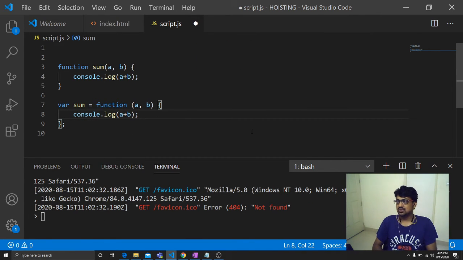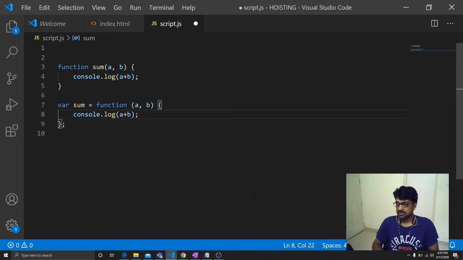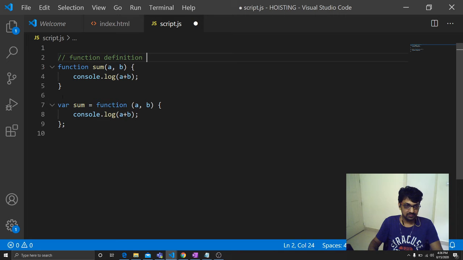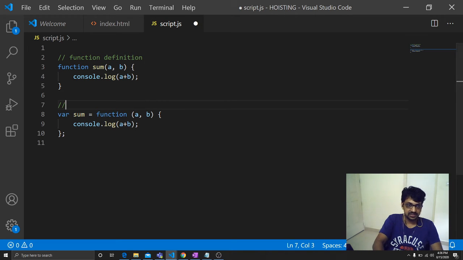These are the two methods through which we can define a function inside JavaScript. So this method of defining a function is called function definition, and this method is function expression.